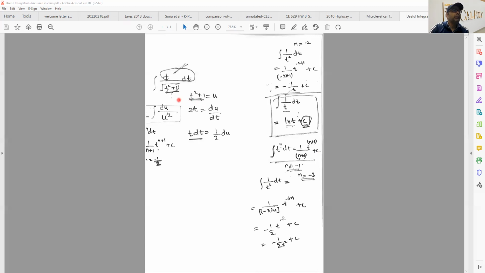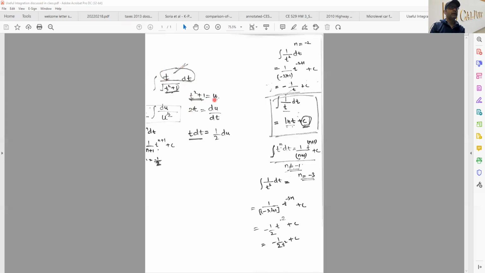And why do we do that? Because typically when we do that substitution, we assume that to be something else, and through differentiation you're able to replace what's in the numerator with something else as well. So for example, in this case, if I assume t squared plus 1 to be u, I can find out